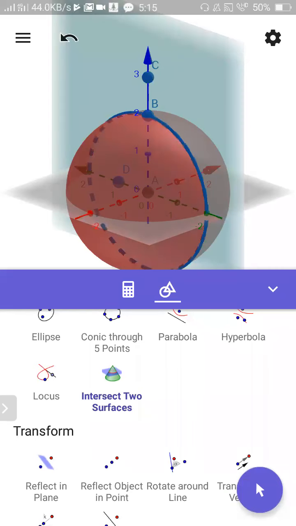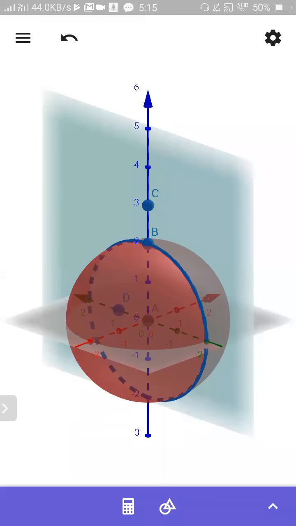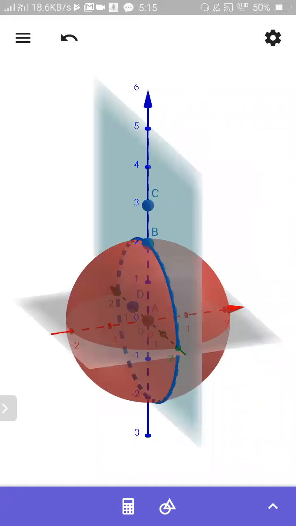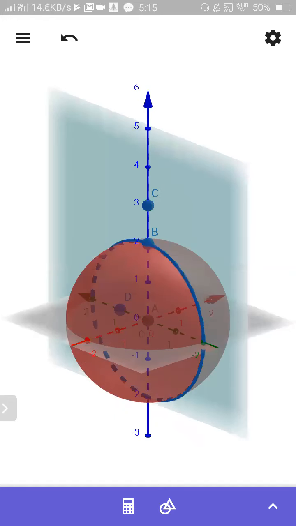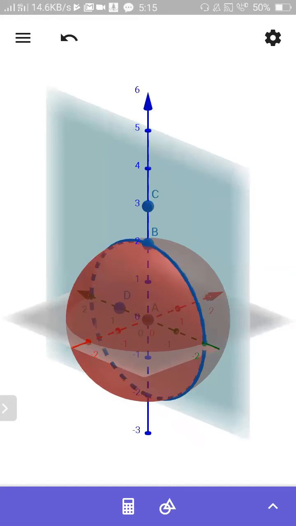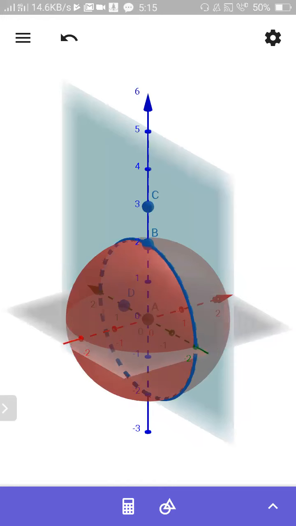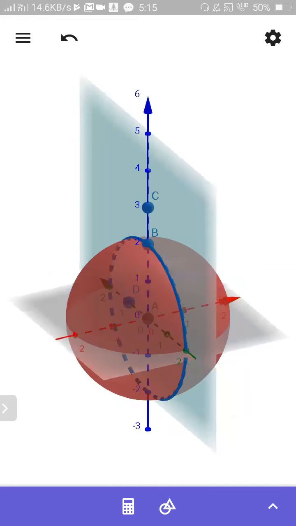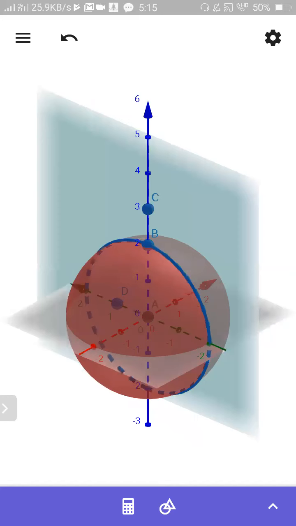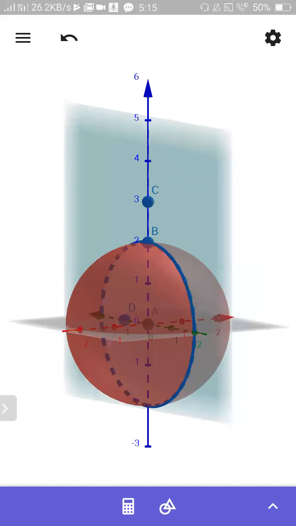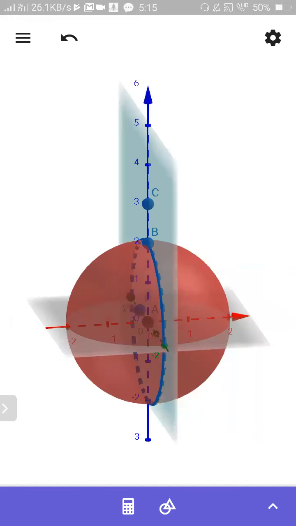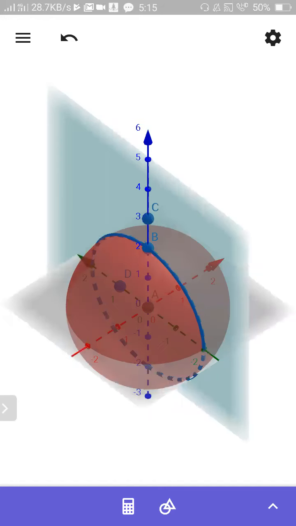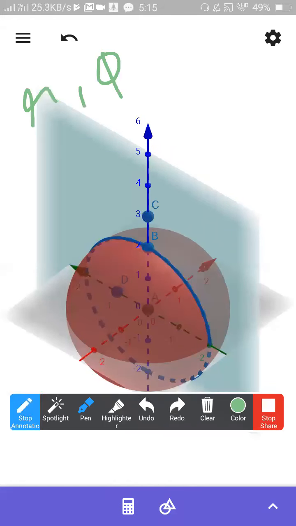See, r equal to constant is some kind of sphere, and pi equal to constant is another plane. The intersection of these two things, what are you getting, sir? Line or circle, half circle or full circle? What we needed actually? Half circle, sir. Yeah, half circle is correct, because this is theta equal to 90 degrees.